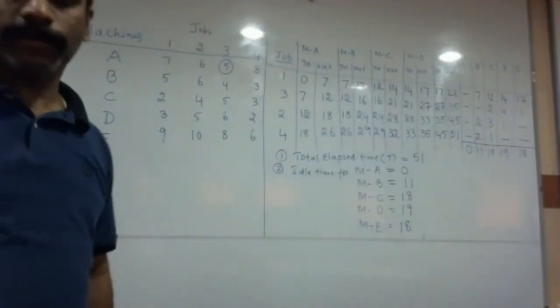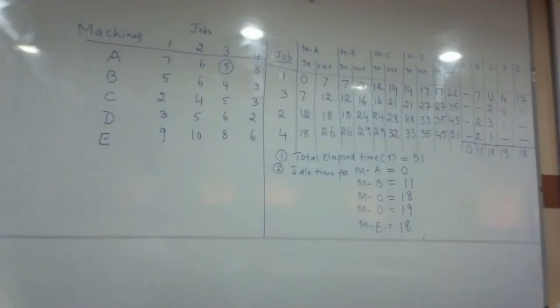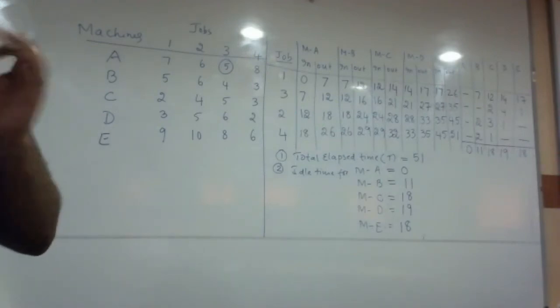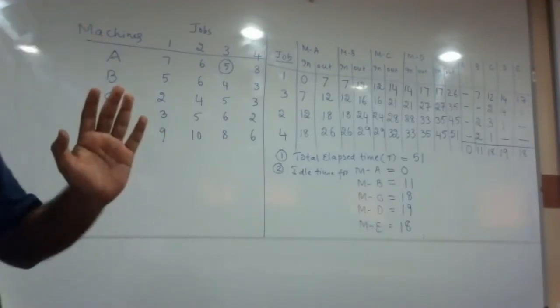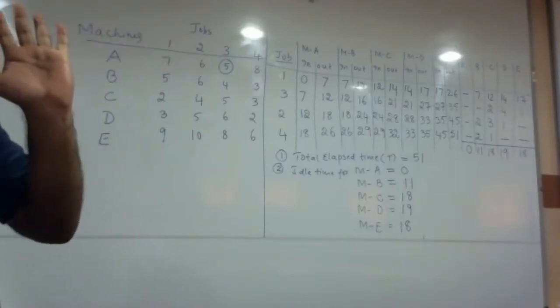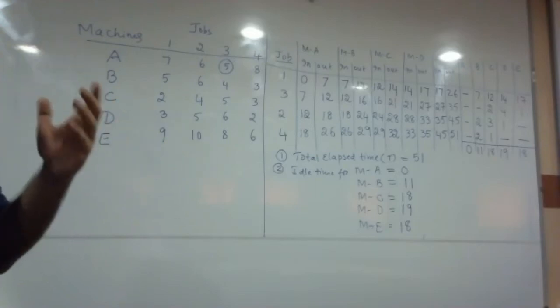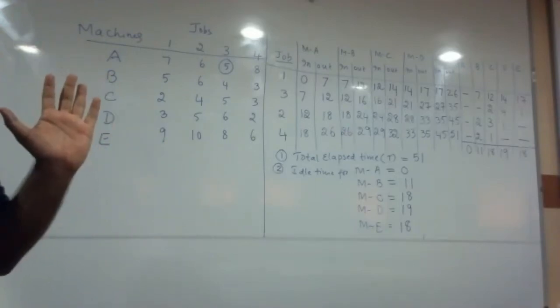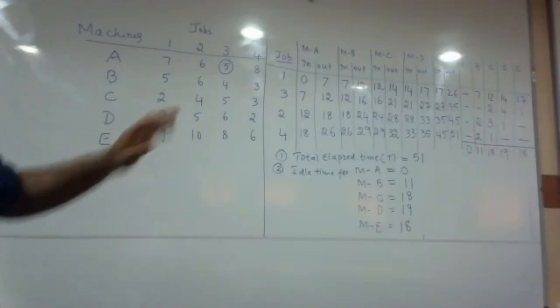Is that clear to everyone? Everybody is clear now? Any questions or any doubts? Yes, sir. No, sir. So this is how we solve the problems on the last method, which is called n machines and n jobs. The number of machines are also more and the number of jobs are also more. Right? Any questions, any doubts?